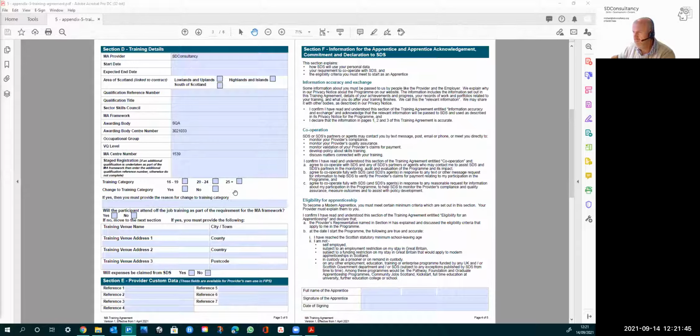The training category, most of you are 25 plus. And the only reason why we would change a training category is if you had self-declared any disability or learning difficulties. So most of you should probably be ticked no under changed training category. Will the participant attend off-the-job training as part of the requirement for the MA framework? The box to tick there is no, although you will be undertaking workshops, etc. with